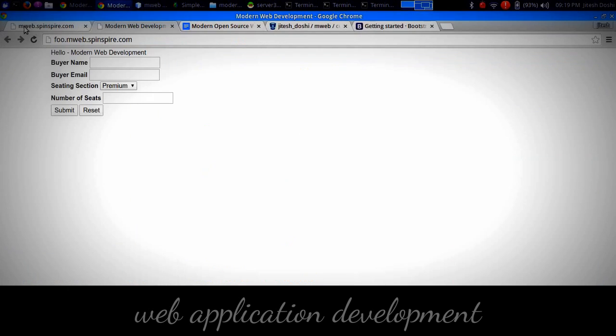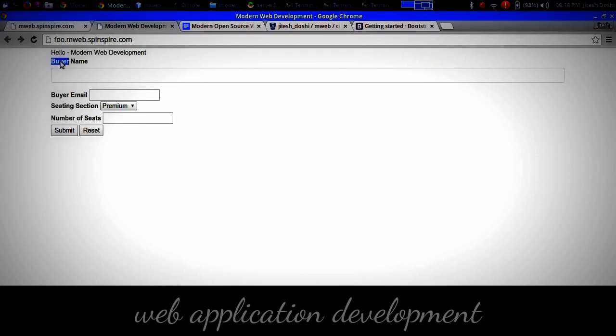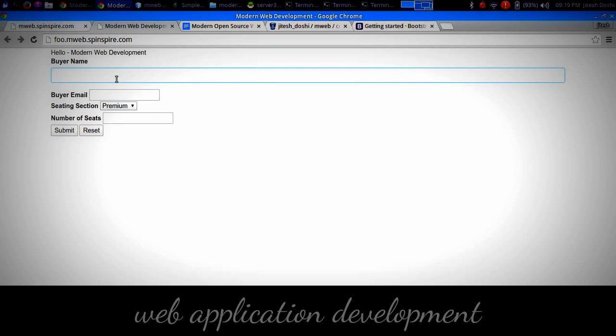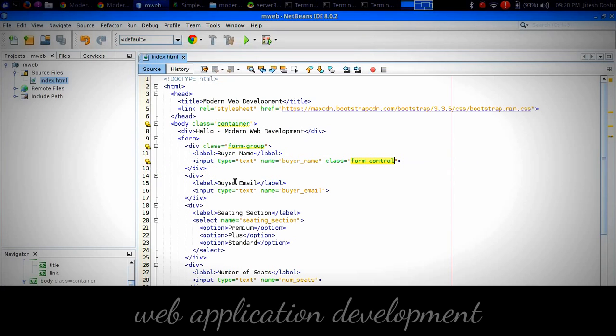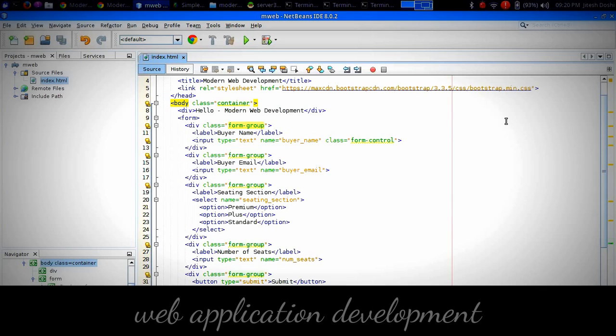Save it and refresh. See, because I gave it a form control, it became a nice looking input box. Let's just do that very quickly at each level. I don't like to type, so I just copy and paste most of these things. Plus you watching the video don't want to just watch me do the boring stuff. Okay, so I basically put class form group at each wrapper div, and on each input I'm putting class form control,